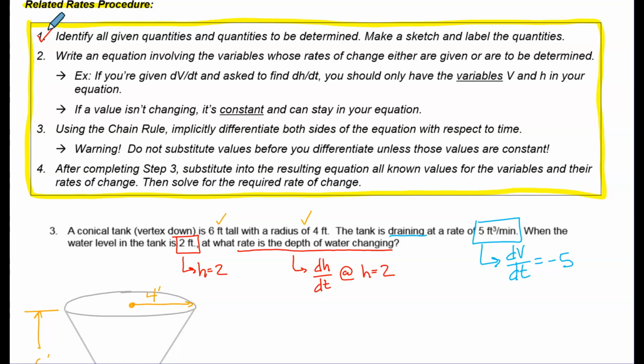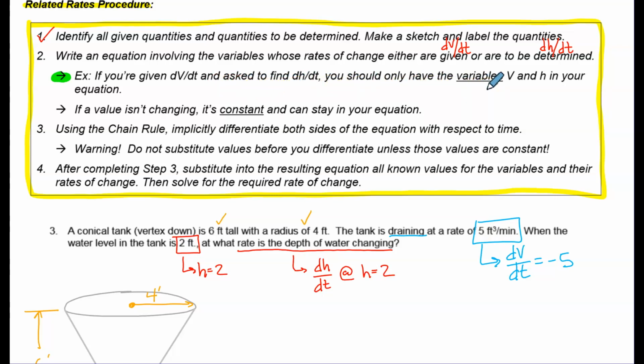Now step 2 is probably the most challenging part. Write an equation involving the variables whose rates of change either are given or are to be determined. Well, we have one rate of change that's given, and that's dV/dt. And we have one rate to be determined, that's dH/dt. Okay, so we need to write an equation involving just the variables whose rates of change are either given or to be determined. This bullet right here applies to this problem. If you're given dV/dt and asked to find dH/dt, you should only have the variables V and h in your